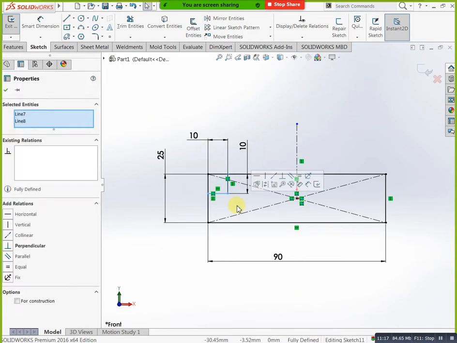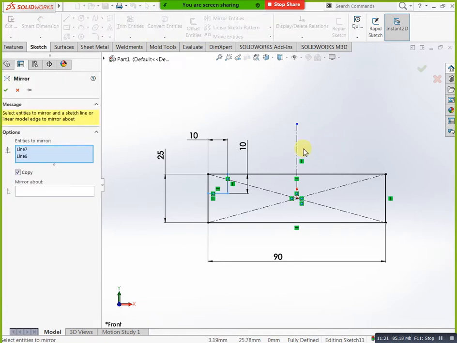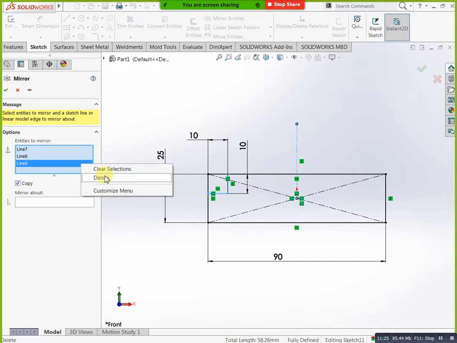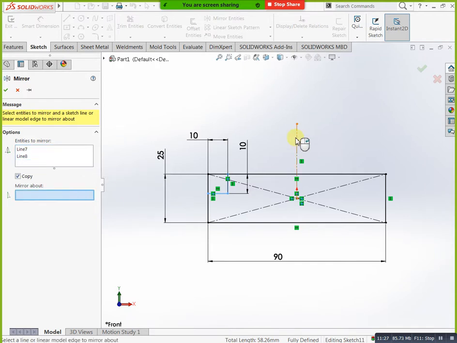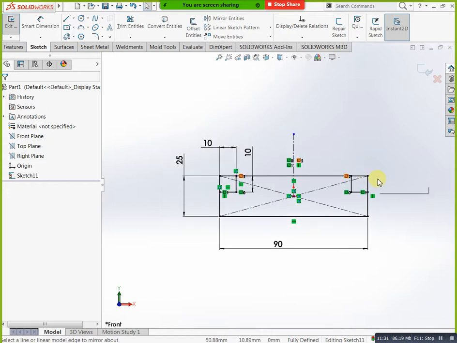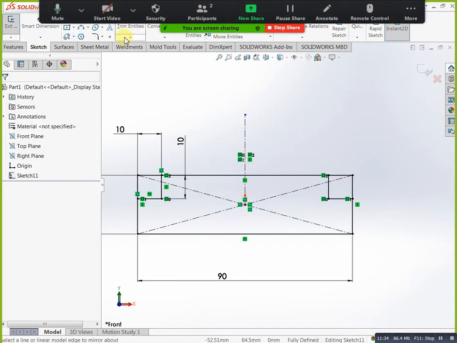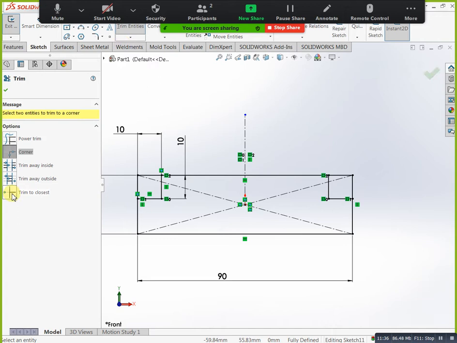Okay, now you can see we completed two. Then you can go for trim entities. Okay, here we have closest trim or corner. If you need corner, you can select that corner. Next here also. Okay, we completed now. Next you can go for next.